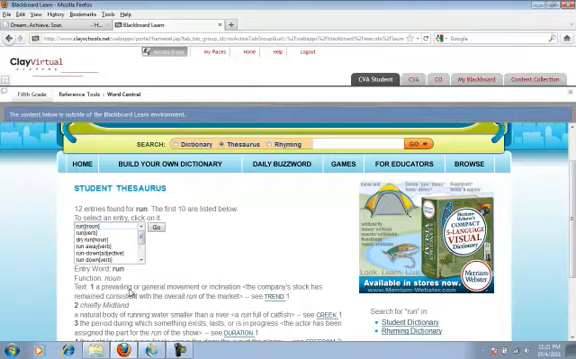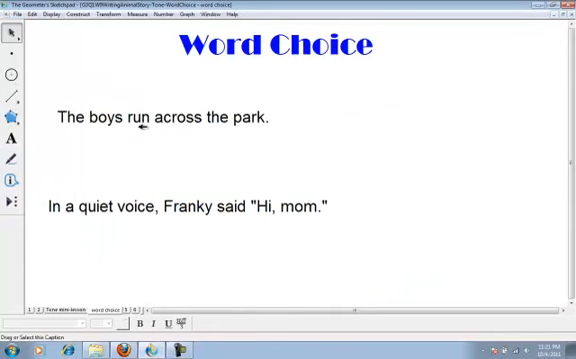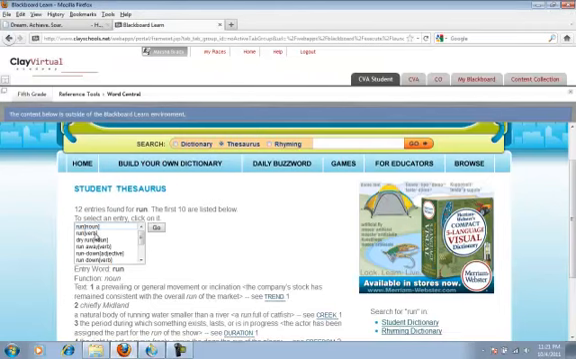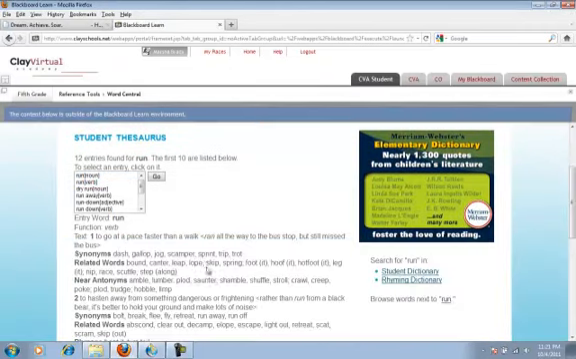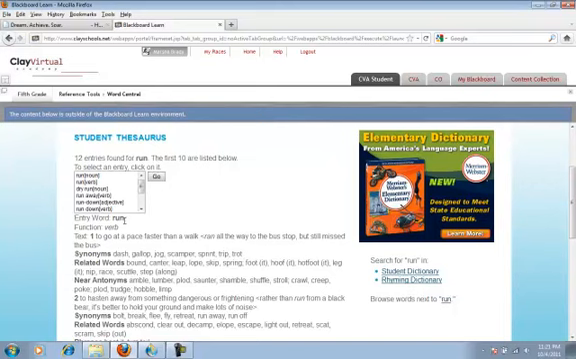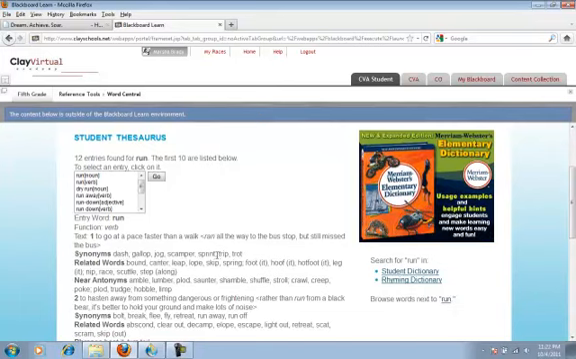Well, the run I'm looking for is a verb because it's saying the boys run across the park, and a verb is an action word. So the boys are running across the park. So I'm going to click on the one that says run, verb. Now, below that box, I can see the entry word is run. It tells me a definition here for run, and then it gives me synonyms: dash, gallop, jog, scamper, sprint,